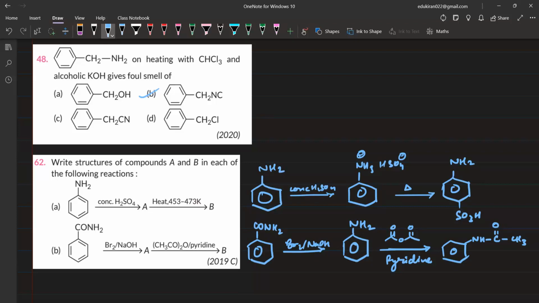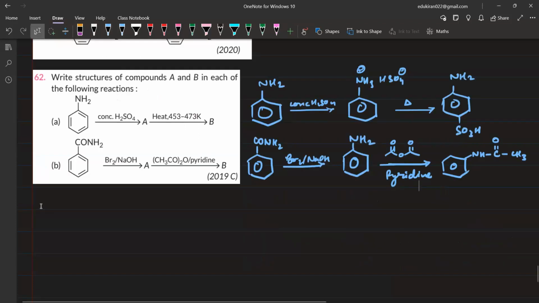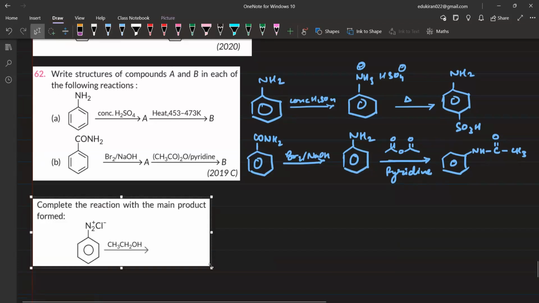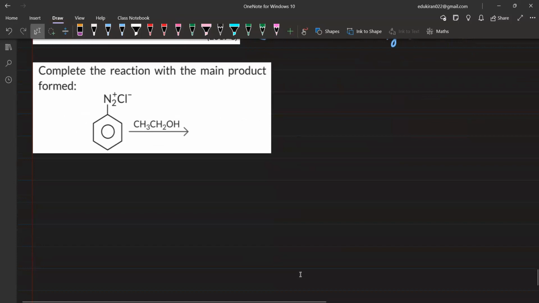चलिए इसके बाद थोड़ा सवाल देखते हैं उसके डाइसोनियम सॉल्ट वगैरह, है ना? एंड लेट अस सी इफ यू हैव सम डिफरेंट टाइप ऑफ क्वेश्चंस। एबीसीडी टाइप ऑफ क्वेश्चन तो ये हम लोग कल करेंगे। आई मीन डाइसोनियम सॉल्ट में सवाल तो आसान, बहुत ज्यादा हार्ड नहीं रहते हैं। जैसे ये सवाल है, इस साल आया था, कंप्लीट द रिएक्शन विद मेन प्रोडक्ट फॉर्म।